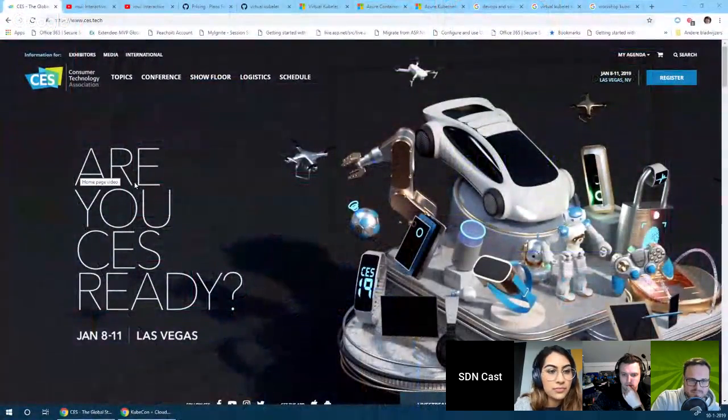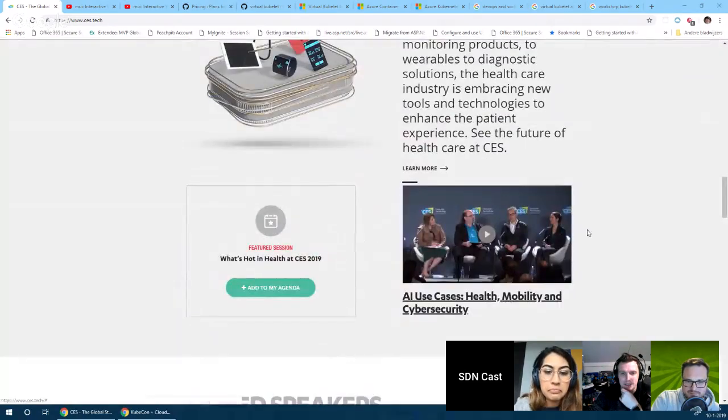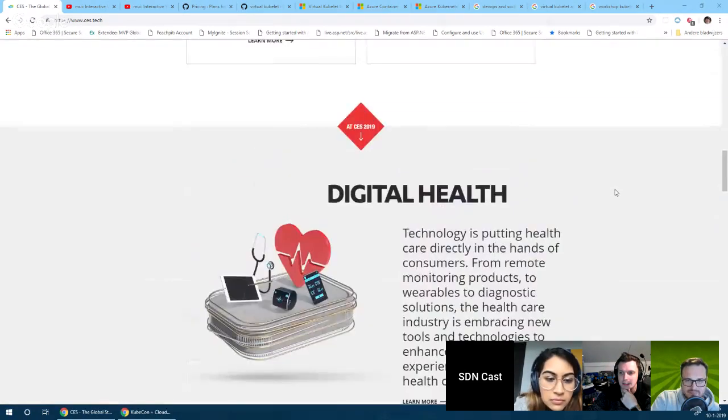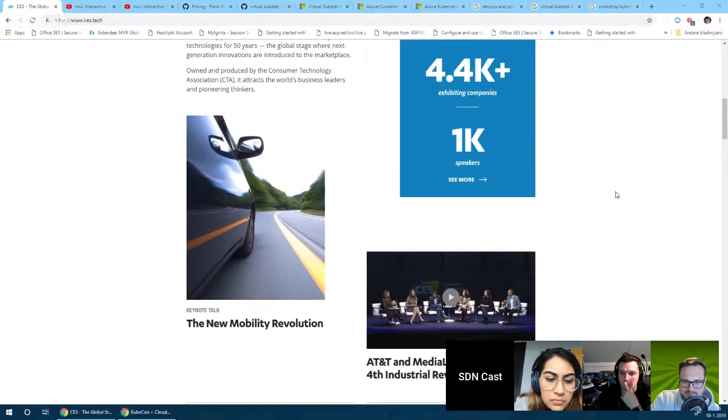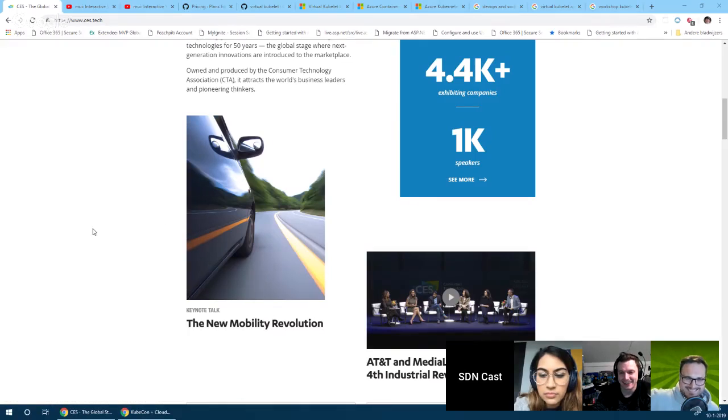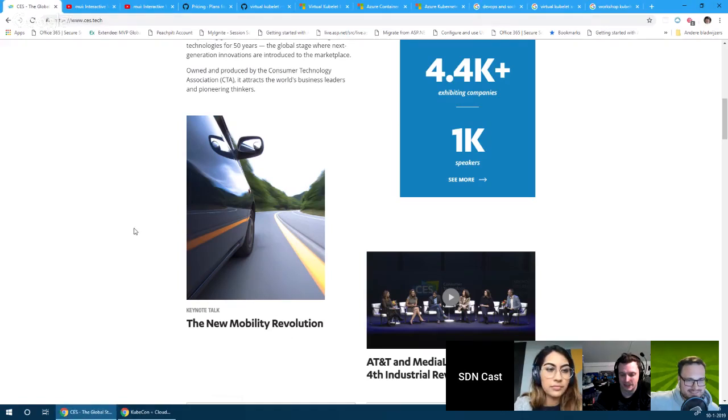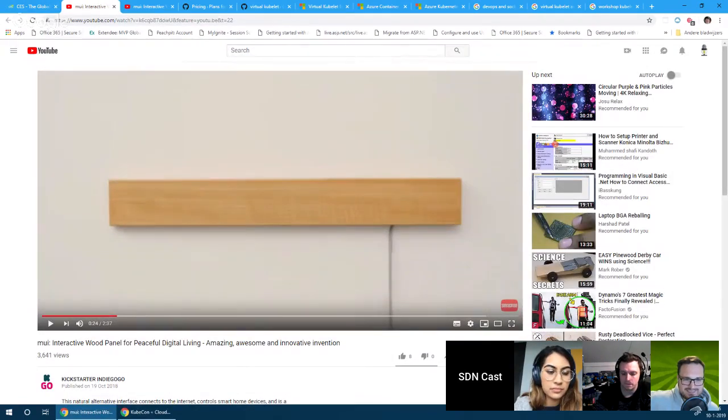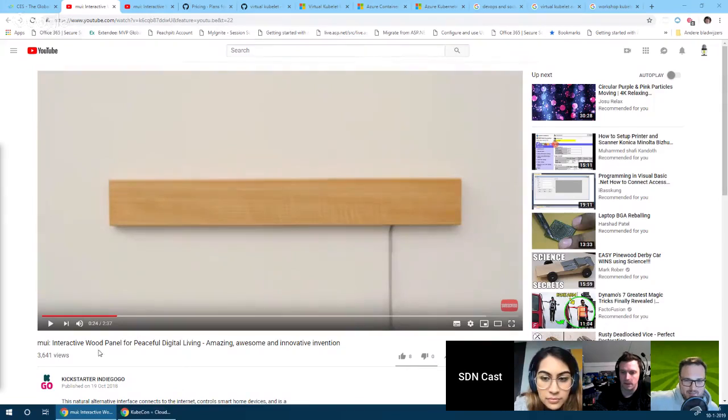Cool. Yeah, and another event this week was CES, the hardware event. Not only hardware, obviously, also some software, but a lot of interesting stuff. What I heard is that they had more space for electric cars than the original auto show. So that's very interesting. But the other one was this one that Fanny found this week. It's a wooden thing